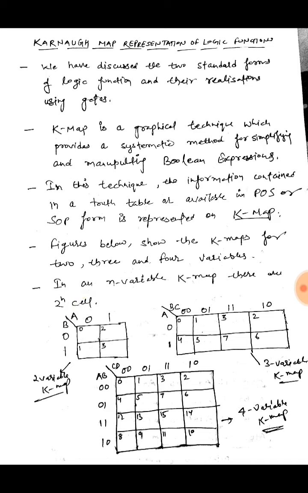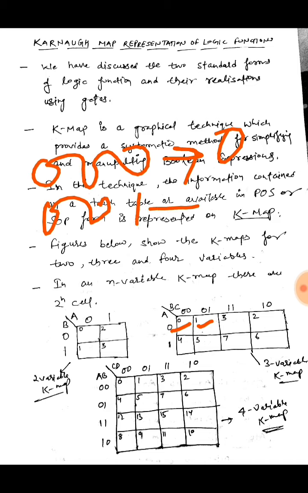Whereas in this example I have taken A on this side and two variables BC on this side. So for the first cell, that is this one, which I have represented using 0, all three variables are 0, that is 0, 0, 0. So its number would be 0. Similarly, for this one A is 0, B is 0 and C is 1. So it would become 0, 0, 1, that is 1. Then for this one, B is 1, C is 1 and A is 0, that is 0, 1, 1. So it becomes 3. We will see later why I have used this sort of numbering, that is 0, 1, then 3 comes and then 2 comes.